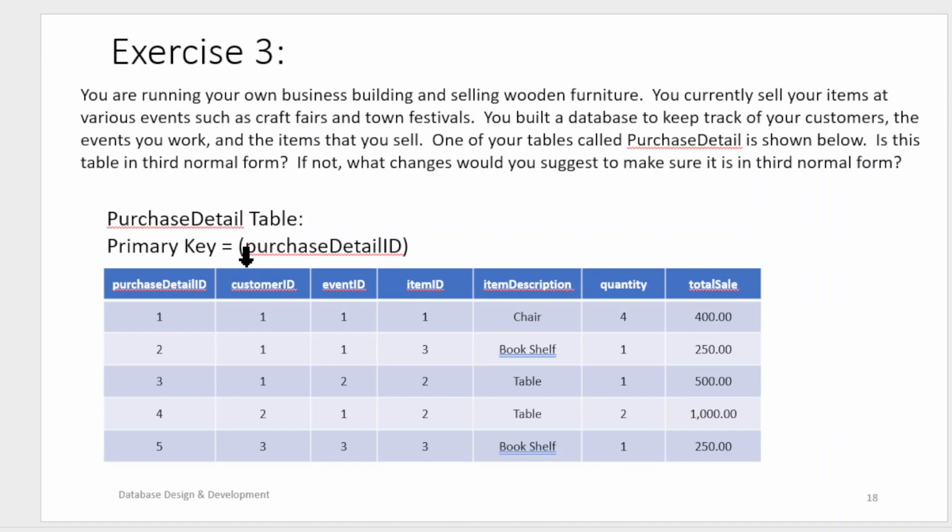So purchase detail ID is our primary key. We have a customer ID, event ID, item description, quantity, and total sale. I'm going to tell you right now, looking through here, we are in first normal form. But this right here is not second normal form, because item description,